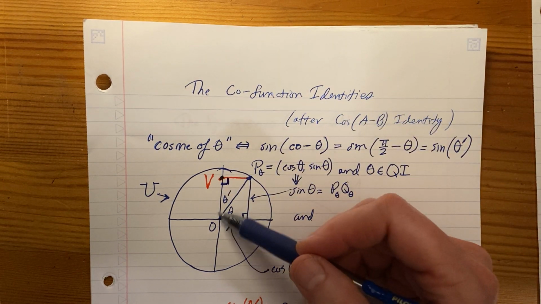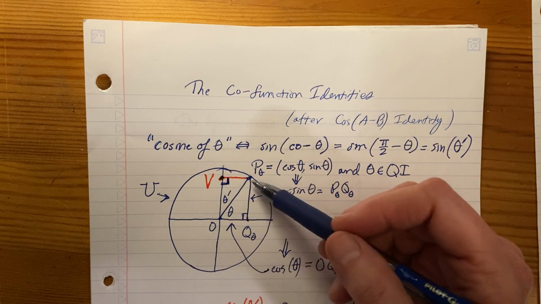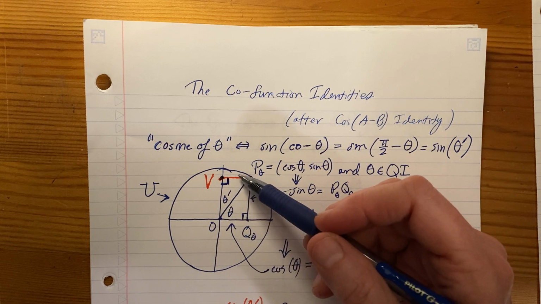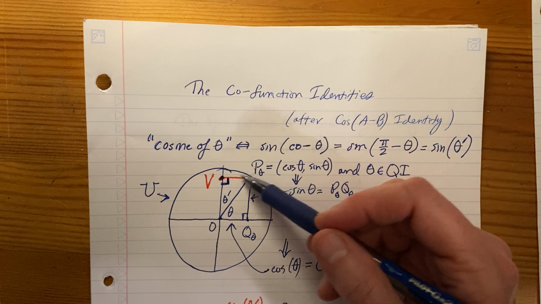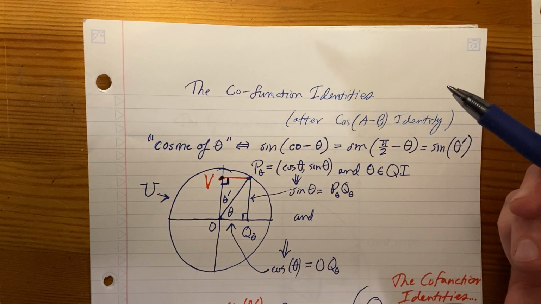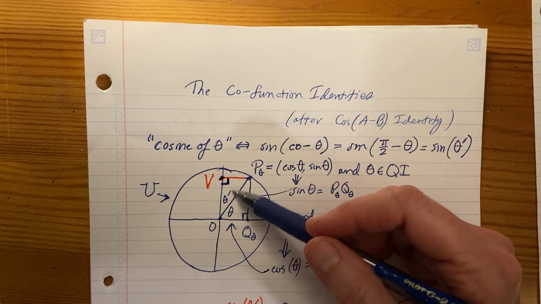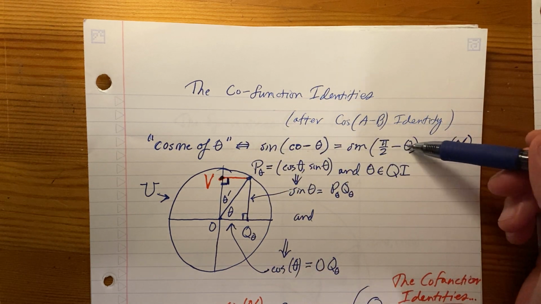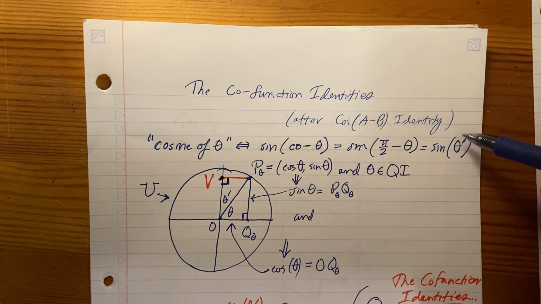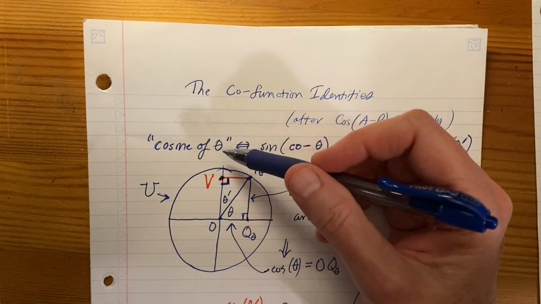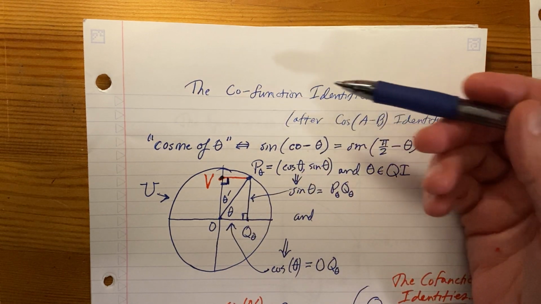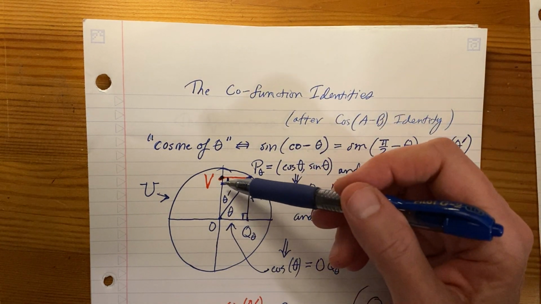In this triangle POV, theta prime is this angle in here, and the sine, or the length of the side opposite it, would be P to V, right? So the sine of the complement of theta, the sine of pi over 2 minus theta, or the sine of theta prime, they all are the same thing as what people refer to as the cosine of theta,